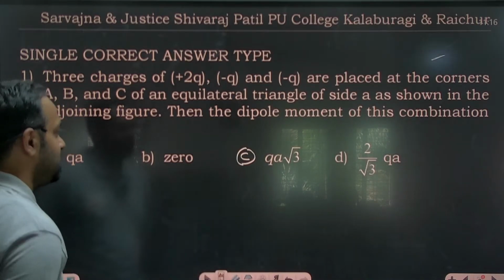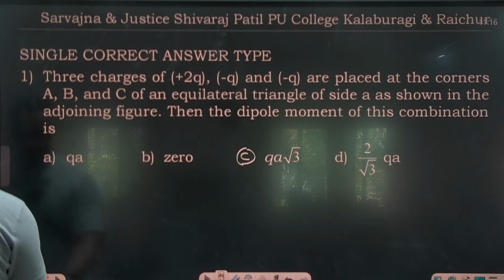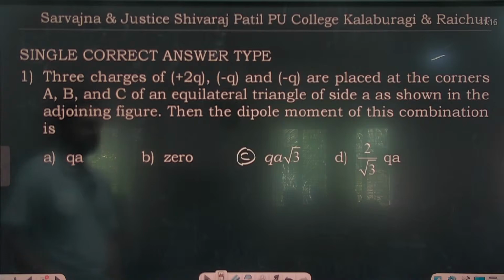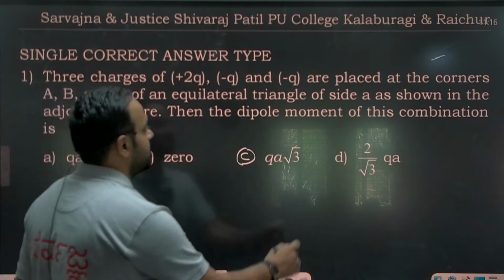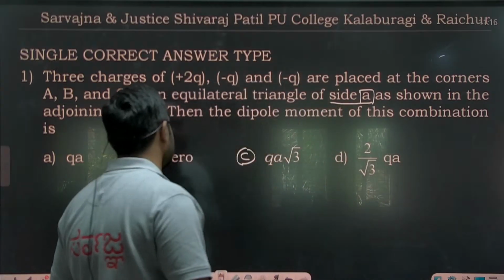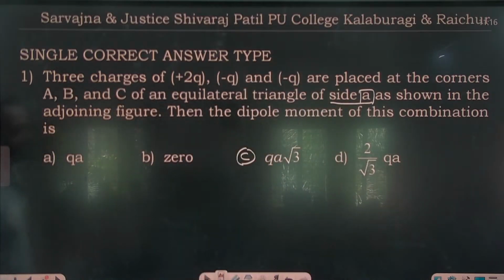Figure illa. Figure now draw ಮಾಡ್ಕೊಳ್ಳೋಣ. Figure ಇಲ್ಲ. Okay. Side A, right? Side length ಎಷ್ಟಿದೆ? Side length A. Then the dipole moment of this combination is, okay, so let's draw a triangle,